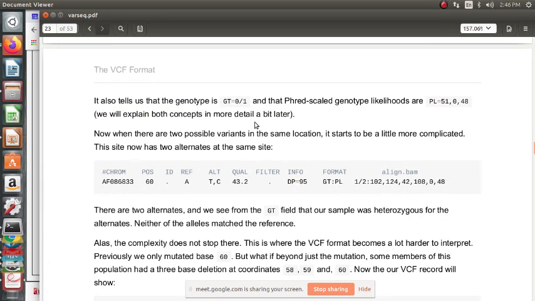Yes. Okay. So now when there are two possible variants in the same location, it starts to be a little more complicated. This site now has two alternates at the same site. There's a difference between A in reference and TC, and there's a difference between A and T comma C. Yes, what is meant is that in the alternate allele column, TC is different from T comma C. Yes, how is it different?